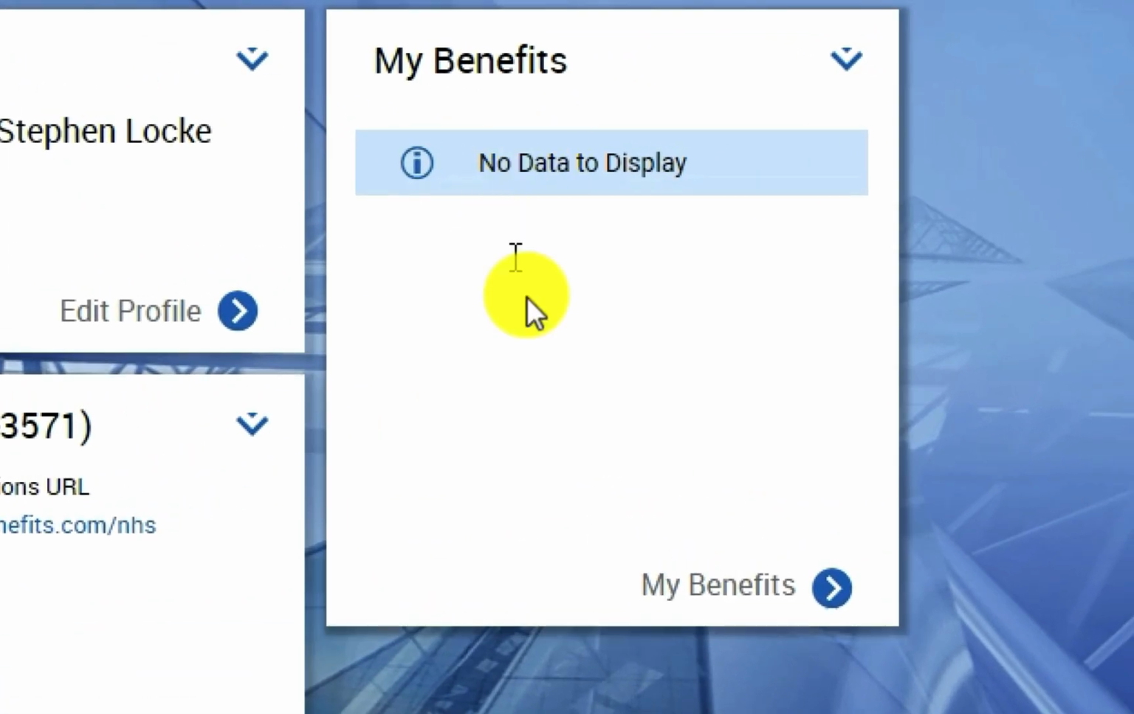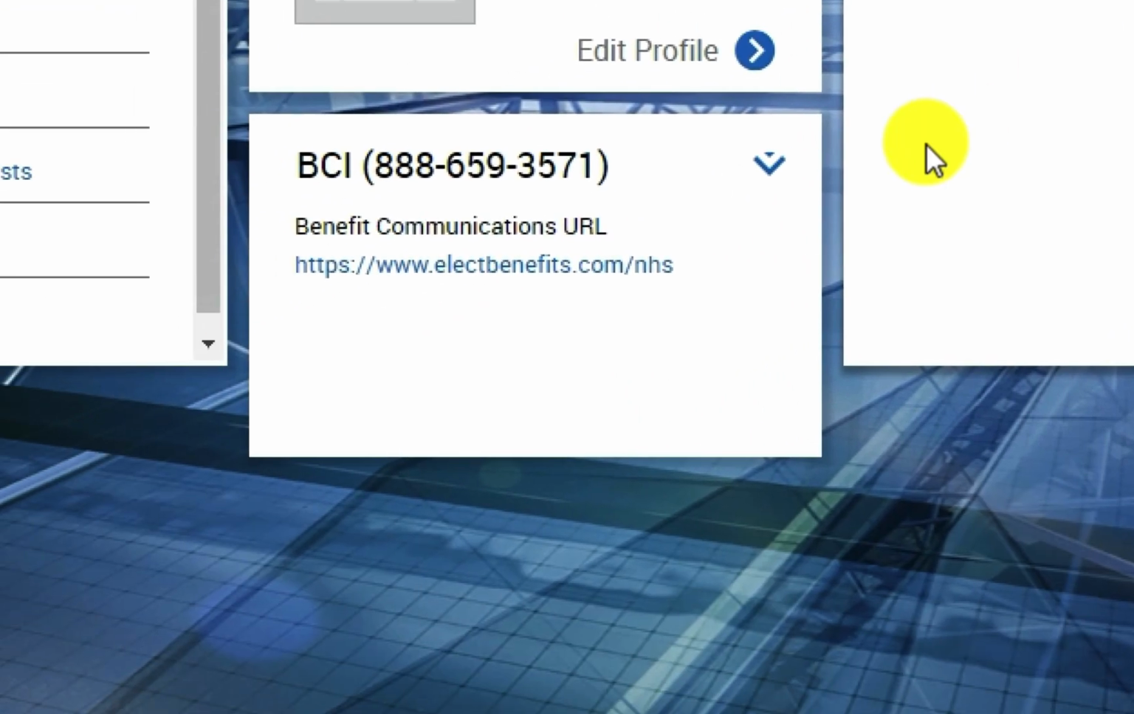For right now, you have benefits, and right now it shows no data to display here. But if I had my benefits loaded into the system, which we will by the time we go live, I would see all my benefits listed here. And if I went to my benefits down here, I would be able to see more details about exactly what my benefits are. I can also come over here to the BCI tab, and you'll see the phone number there